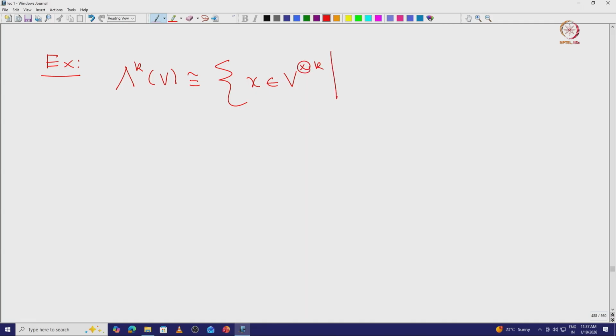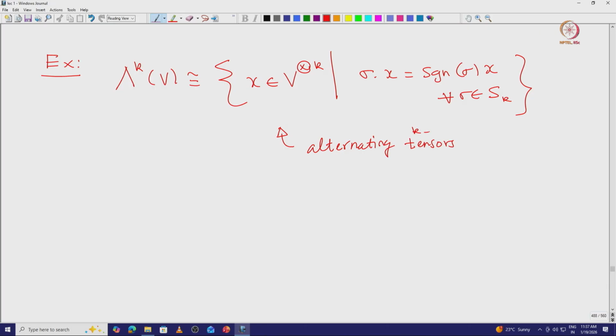those k-fold tensor products x in V tensor k, such that when you apply sigma on x, what you get is the sign of sigma times x, for all sigma in S_k. This is what is called alternating tensors, of course alternating k-tensors. Usually this is denoted Alt^k of V,